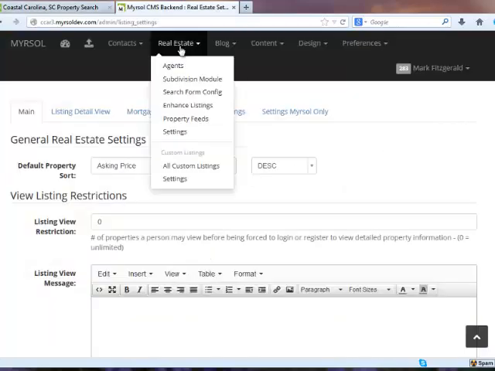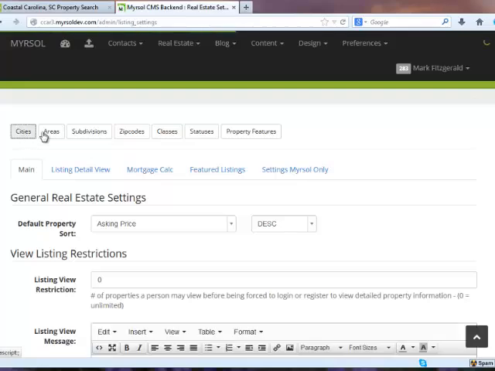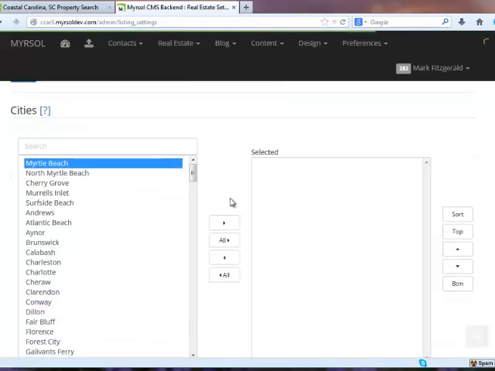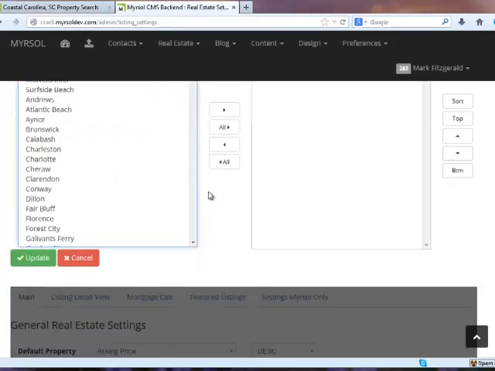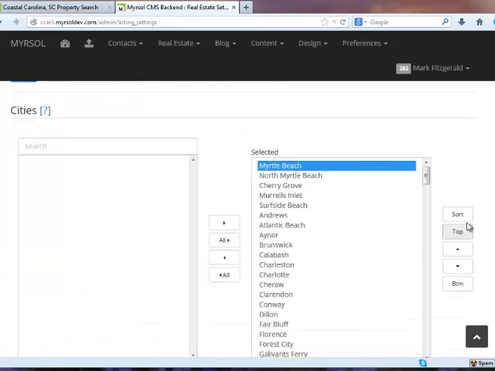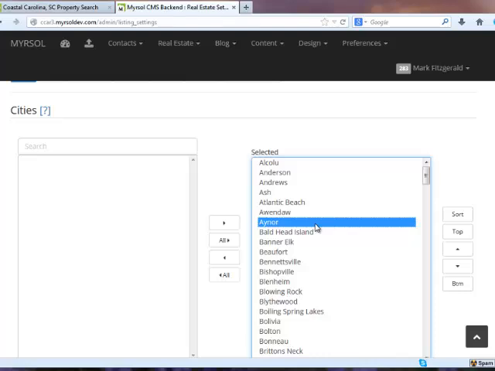Alright, some agents would prefer to go in and say, I want all these cities, for example. They have all these cities here, and they can say, oh, I want them sorted, so they'll just move them all over here and sort them the way they want them sorted, and then they'll save them, and that's the way they'll show up. Or they'll move certain prominent cities at top and then save it, and that's fine, because it's still, as long as you have them all, and as long as whatever areas and stuff you select as